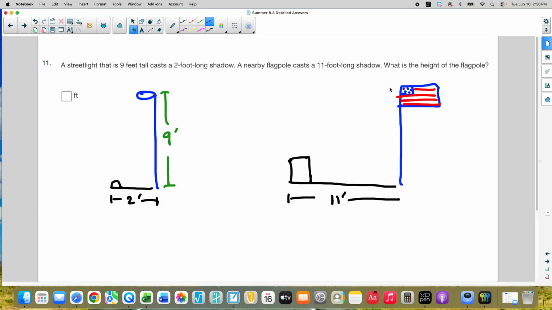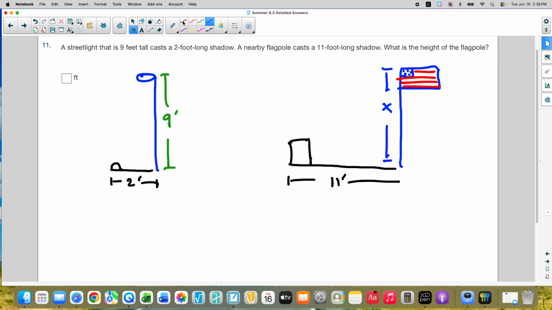So we want to know what that flagpole height is. So we're going to create a fraction, 9 over 2, because this is the actual and this is the shadow. 9 over 2, actual to shadow is